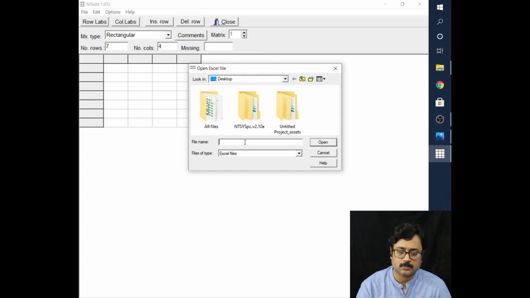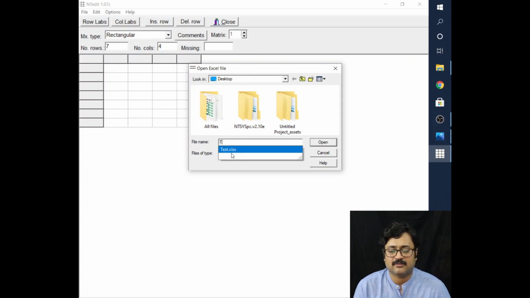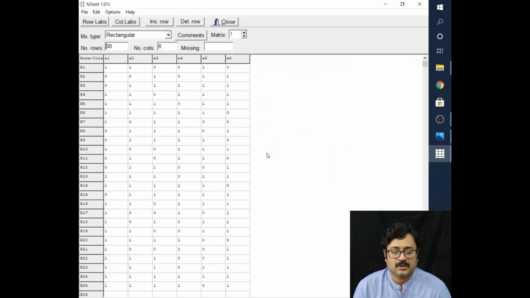If you just put the first letter, the software, or the algorithm, is going to find that particular file. Here the name of my file was test, so I am just writing T. As you can see, it has already picked up this test Excel. So we'll select this and open it.